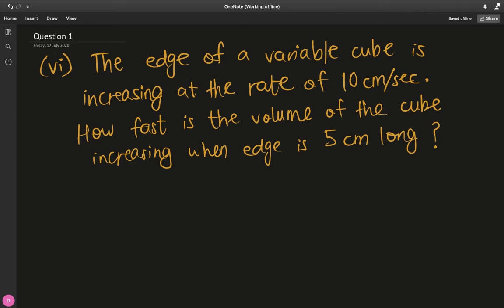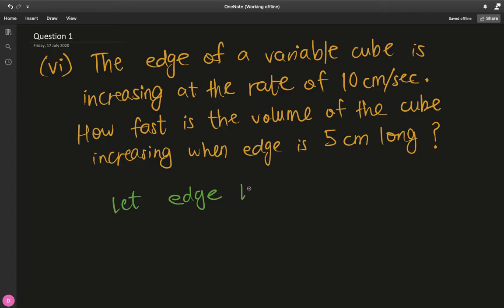Moving on to subpart number 6. It says the edge of a variable cube is increasing at the rate of 10 centimeter per second. How fast is the volume of the cube increasing when edge is 5 centimeter long? So first of all, what we do is we convert this word problem, actually a related rates problem, into the language of math. So to do that, let's call